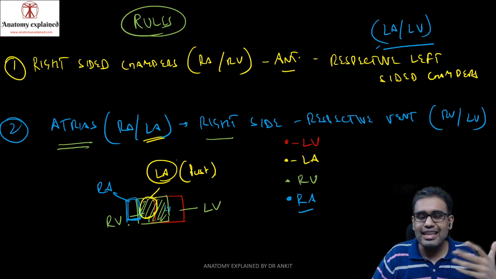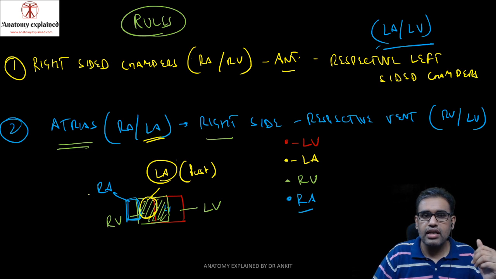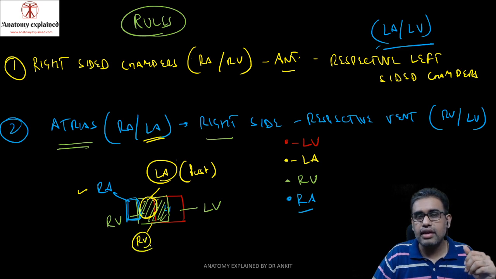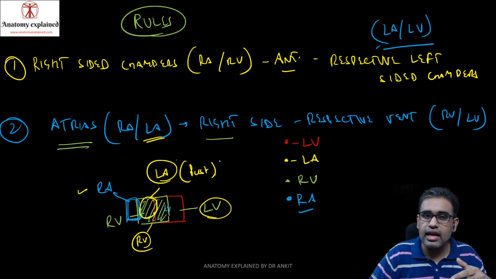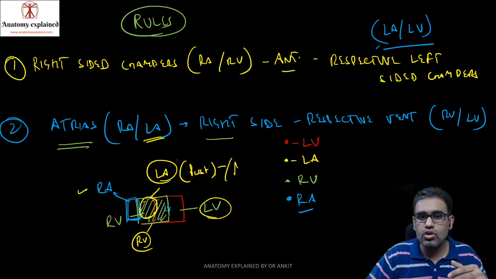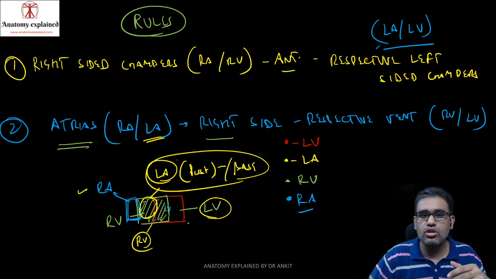Focus over here and try to understand a few things again. If we look anteriorly on the right side, we have the RA. Anteriorly, this green color is our RV, right ventricle. Anterior to the left side we have the LV. Posteriorly, what you are not able to see from the anterior side, but what is present posteriorly, is basically our LA, written over here as posterior. That is also called the base of the heart.